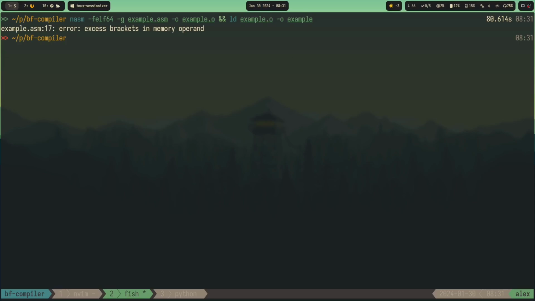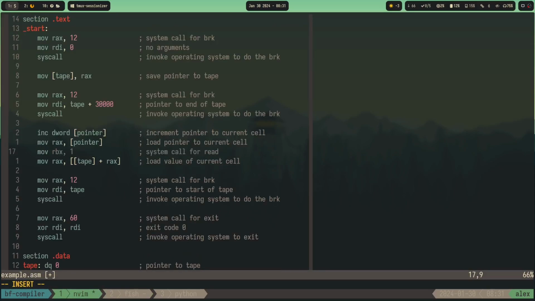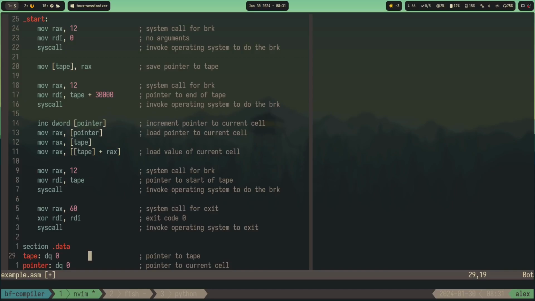Let's see. Yeah, okay, so we need to move rax and tape like this. We need to take the value from tape, which is the starting point of our array, and after that we need to, well, let's move it in I don't know,